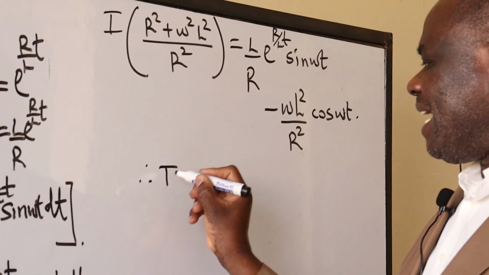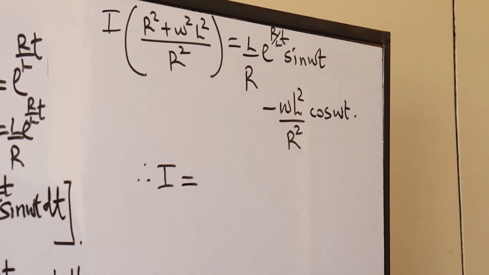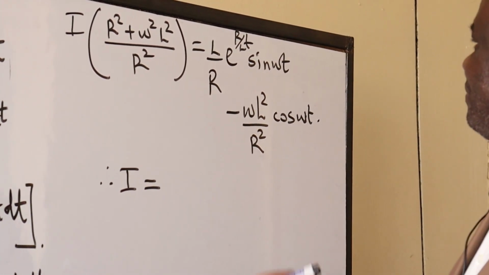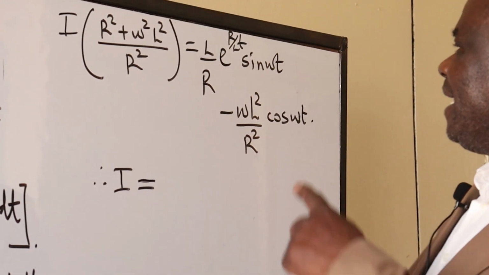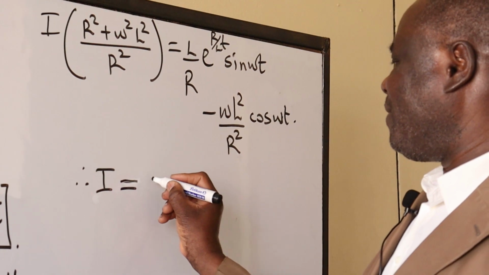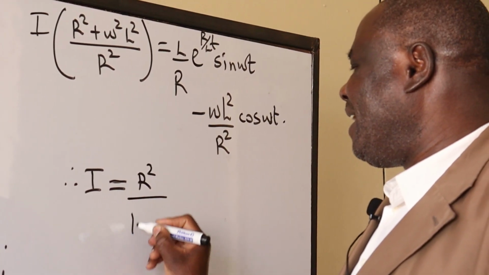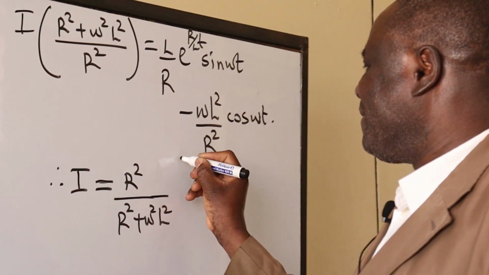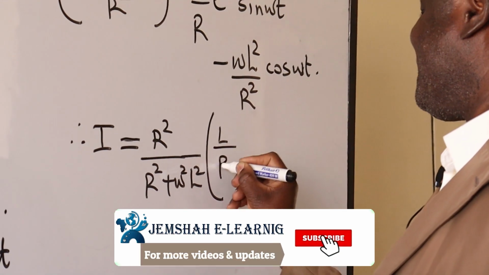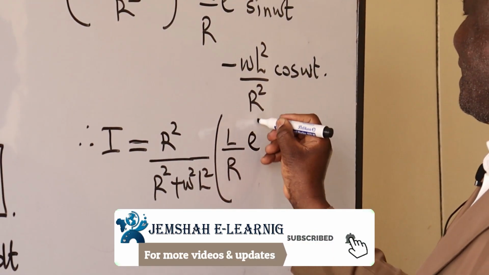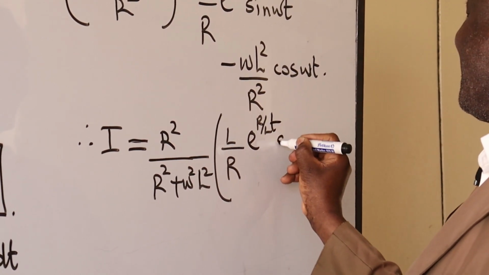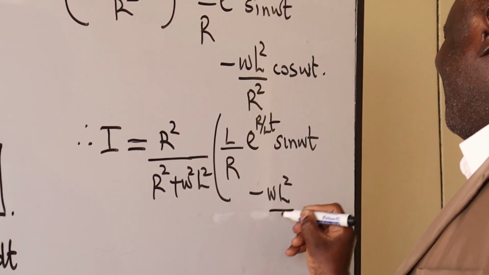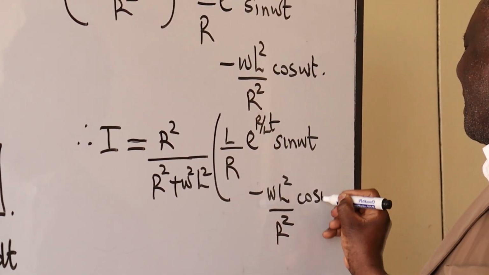Therefore, our I will be equal to what? Our I will then be equal to R squared all over R squared plus omega squared L squared into L over R exponential R over L t sine omega t minus omega L squared all over R squared cos omega t,